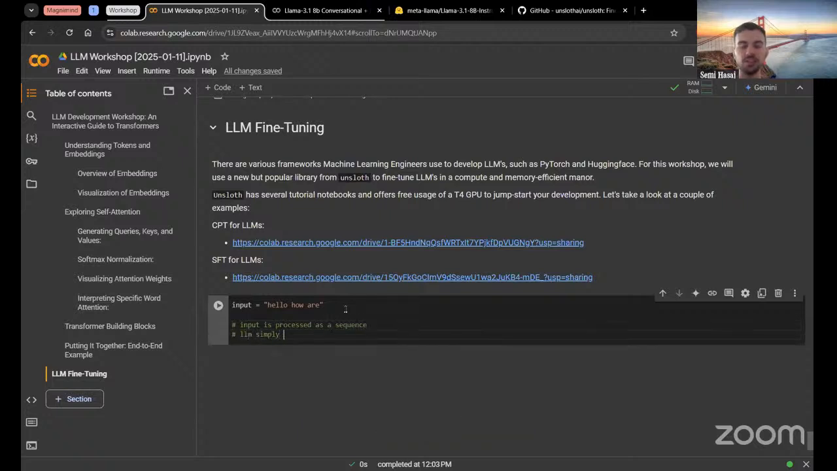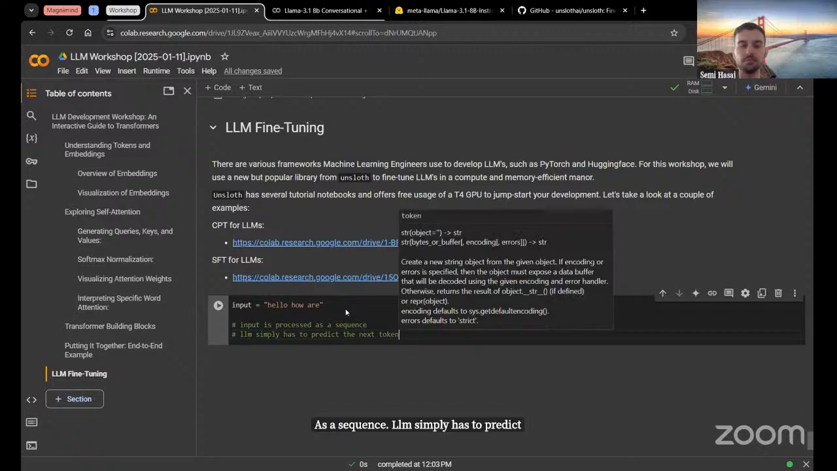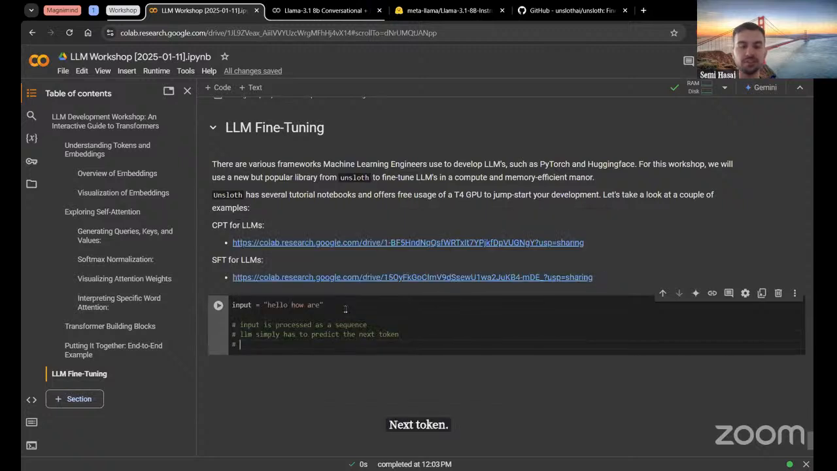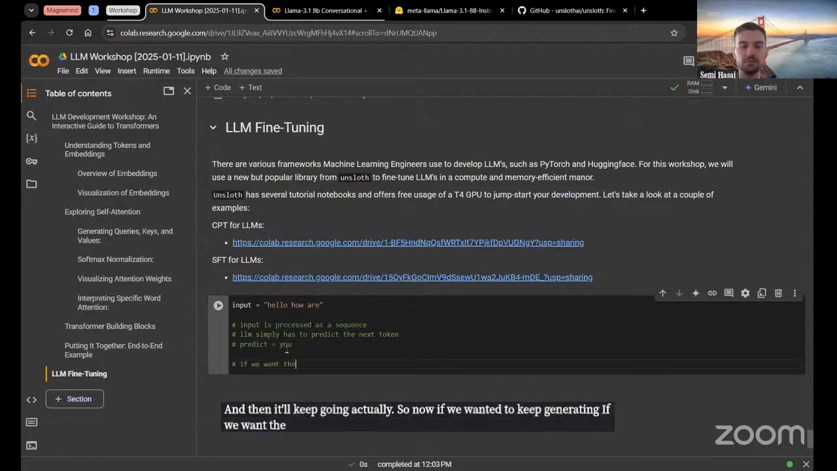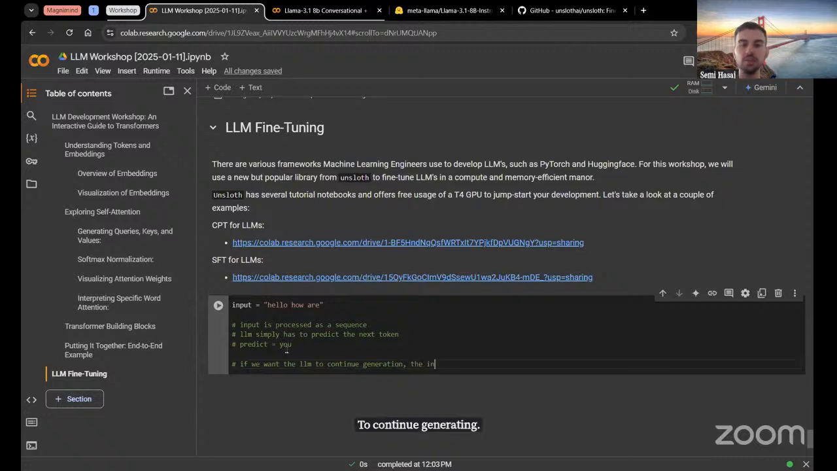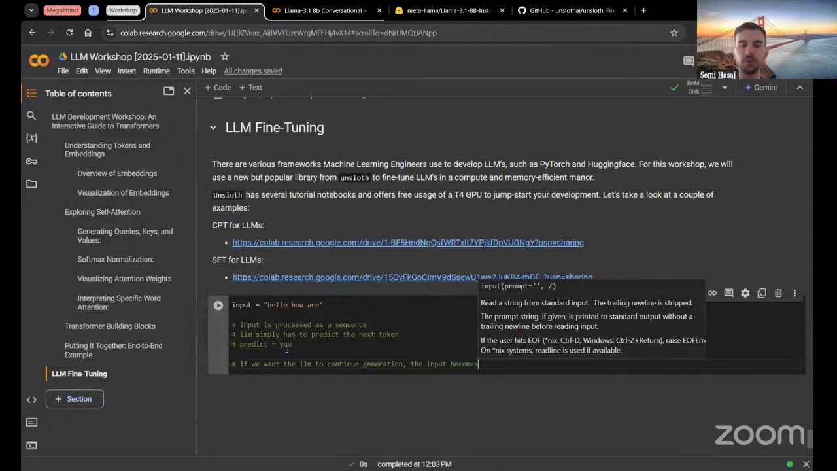The LLM simply has to predict the next token. The LLM might predict "you." Okay. And then it'll keep going, actually. So now if we want the LLM to continue generating, the input becomes,